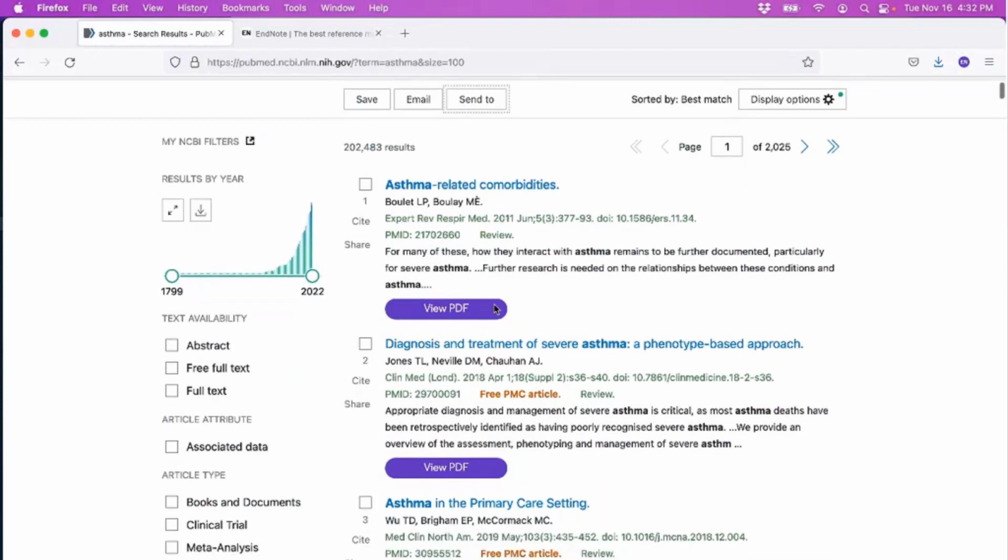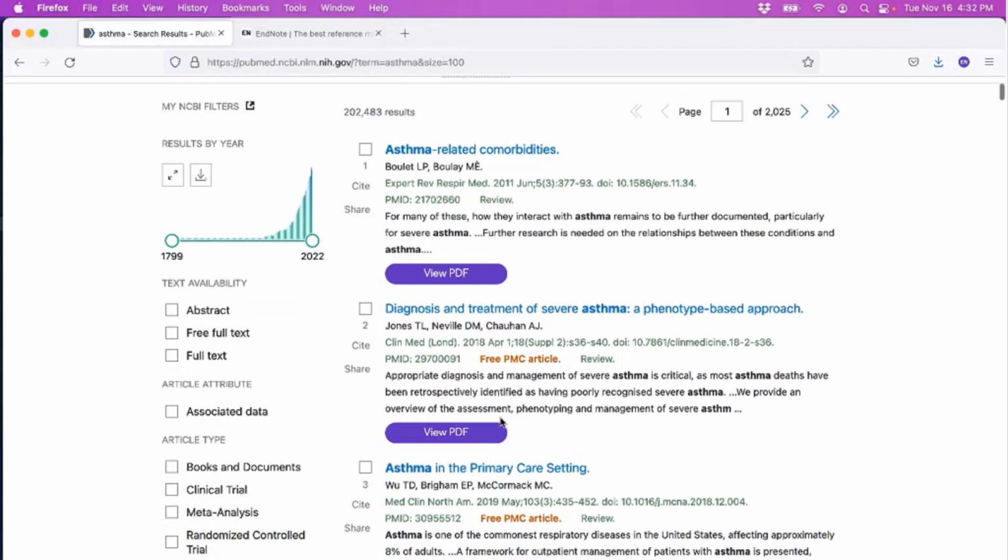Behind the scenes, EndNote Click is trying to find PDFs that are available to download. Now, for me, I'm relying on open access published articles, so only freely available to read. But if you had institutional affiliation, you can define that in your EndNote Click account so that if you hit a paywall, you'll be taken to your institution's login page so that you can provide your institutional credentials. EndNote Click never receives those. Those are stored encrypted in your browser. But EndNote Click will use those encrypted credentials to help try to find subscription-based articles that you would have access to through your institutional affiliation.